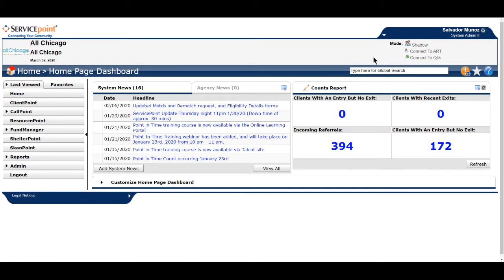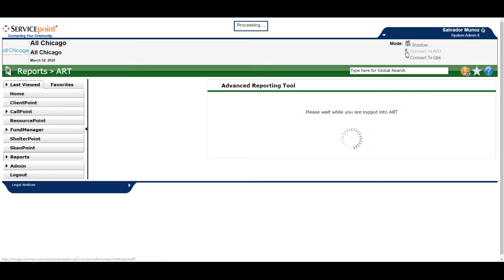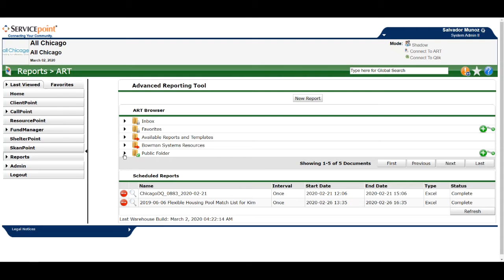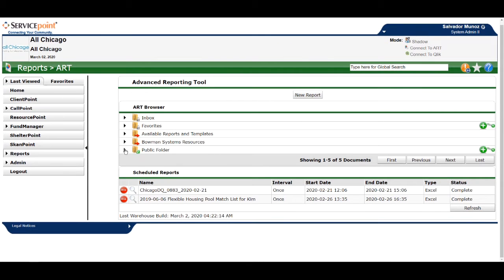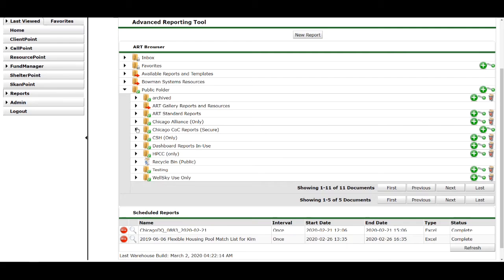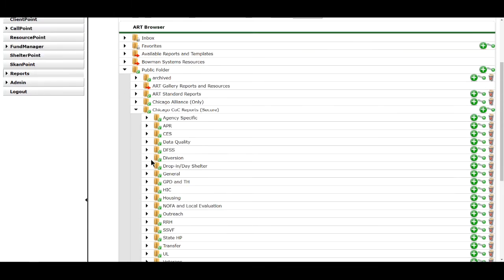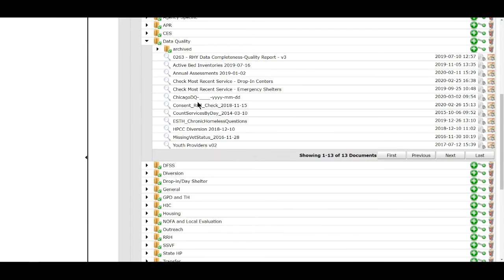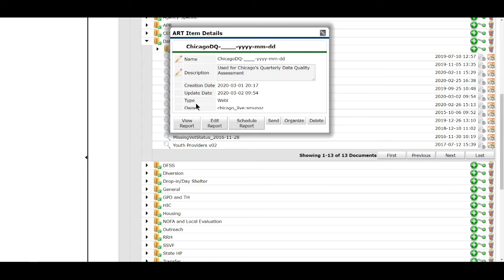So from your starting screen, you'll click onto Connect to Art, and we'll navigate to the folder. So we're going to go Public Folder, Chicago COC Reports, Data Quality, and here is our report, Chicago DQ dash underscore dash year month date. We're going to click on the magnifying glass, and instead of clicking View Report, we'll click on Schedule Report,